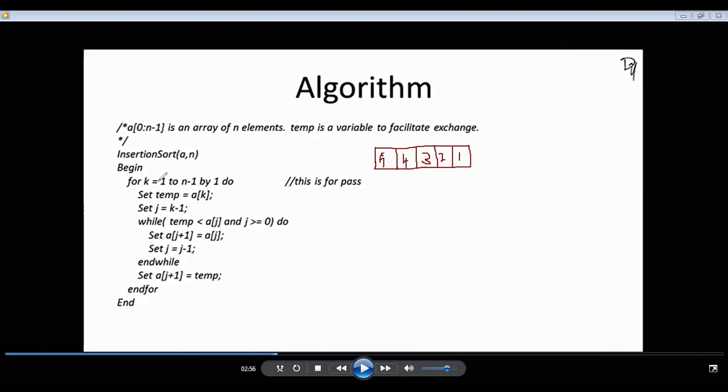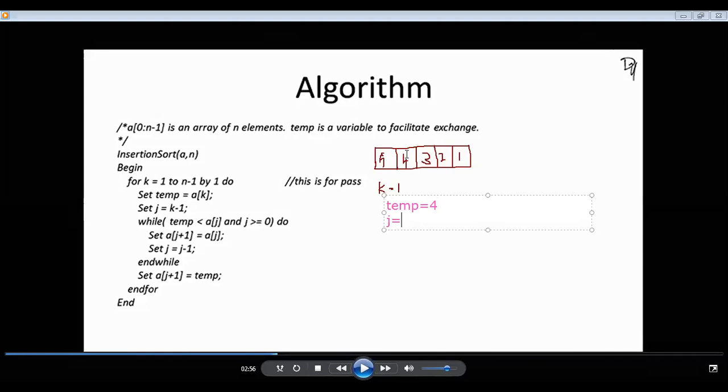So programmatically, I'm starting k as 1, okay, and temp equal to a of k. So I'm starting here, right? Because array index starts from 0. This is a of 1. So a of 1 is what? 4. Because just now we have seen, right? We are starting our current position here. So temp is equal to 4. And j is equal to k minus 1. K is here.